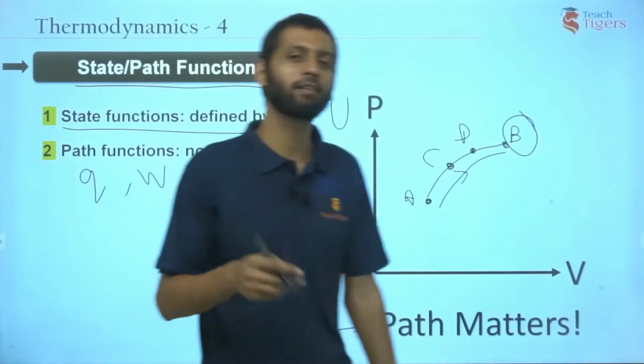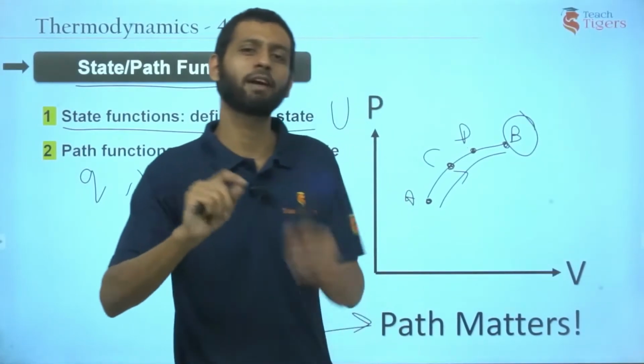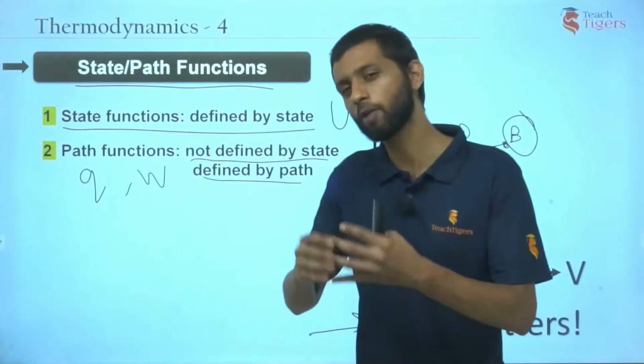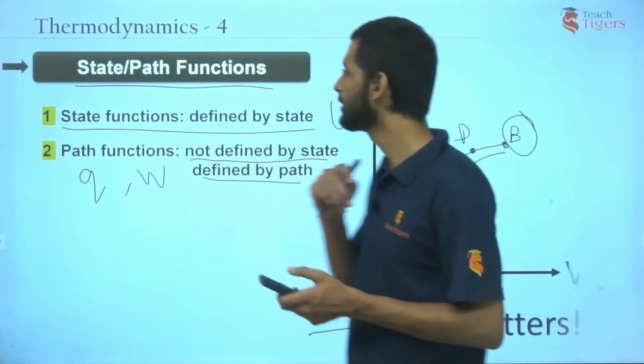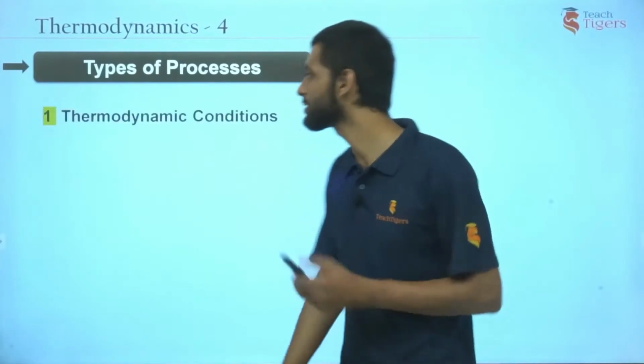So state functions are defined for any given state. Path functions are defined for a process. You need to have a component of time inside it. Something is changing with time, right? Moving on. Let's talk about types of processes. The first